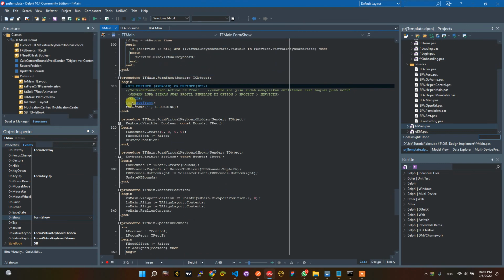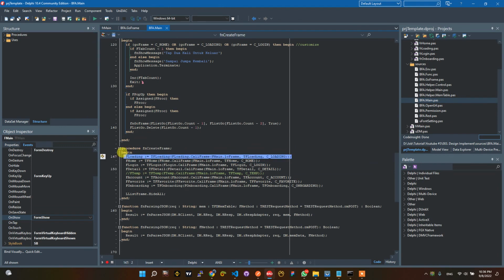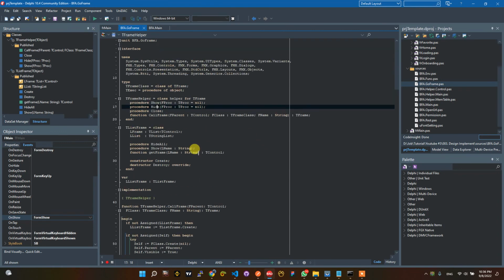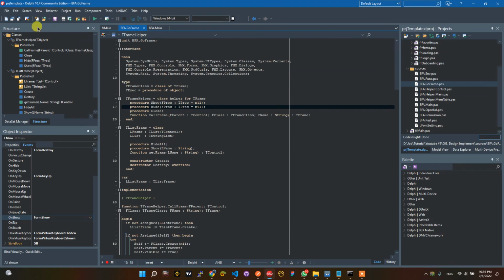This procedure, create frame here, is calling the frame. So in this video we will make some procedure and function to call the frame, and we build from 0,